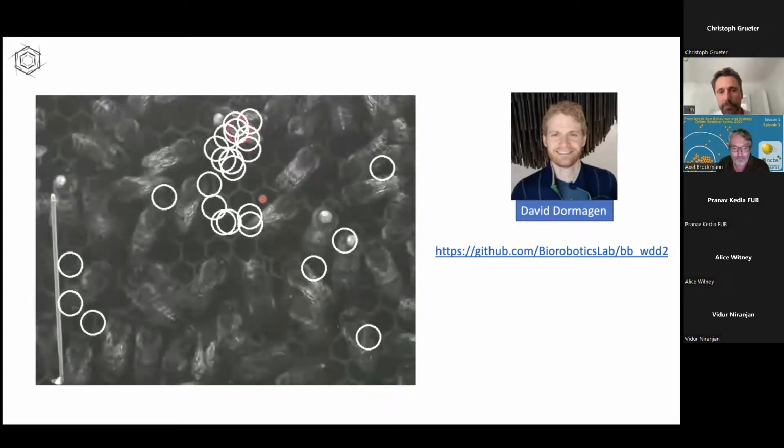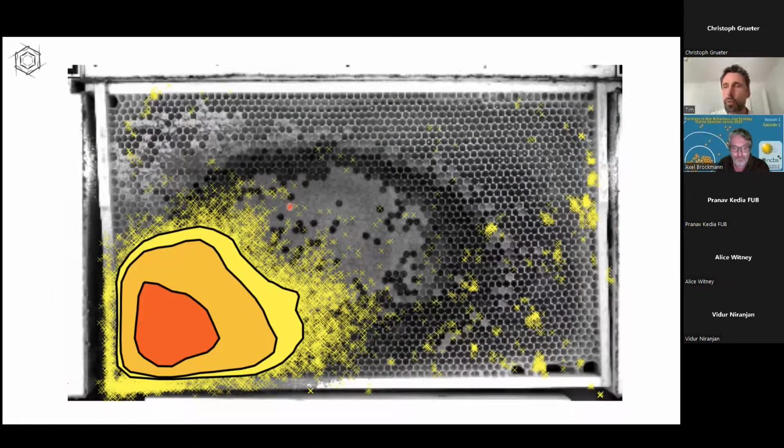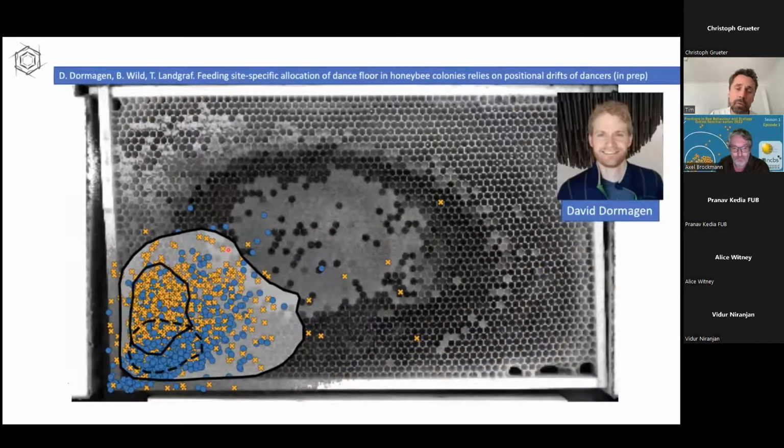Okay, so now the question is, what can we do with the software, and how can we understand the questions that result from these data sets? And the first thing that we did is to just look where dances happen in the hive, and this is something that we already know. There is a specific location in the nest, and the nest here is just a one-frame observation hive, so it's a tiny nest. It's only 2,000 individuals, but still these can survive the winter and flourish and rear brood. And something that we didn't know yet is something that we will publish soon.